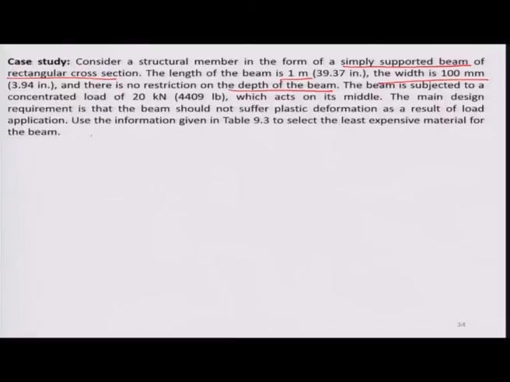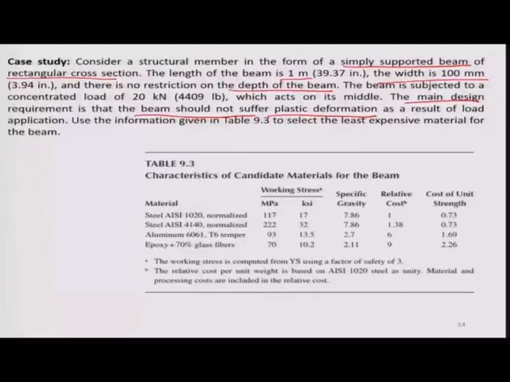So, these are the requirements. What is the main requirement? The beam should not suffer plastic deformation, that is the constraint, that is the free variable, and other parameters are given. Okay. On the basis of that, they have calculated this table and found that there are 4 materials which can fulfill this criteria and are candidate materials for the beam.